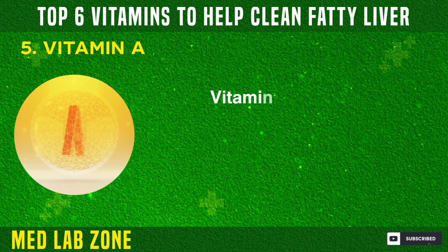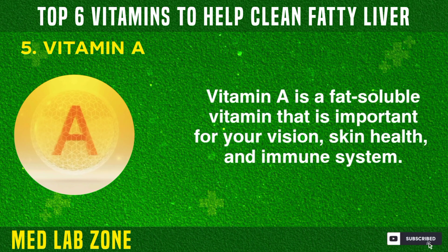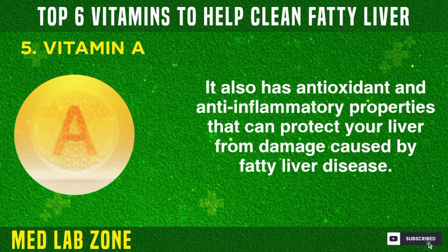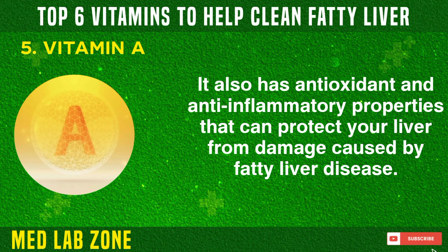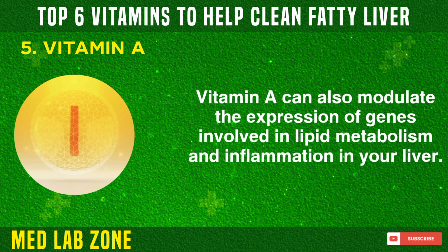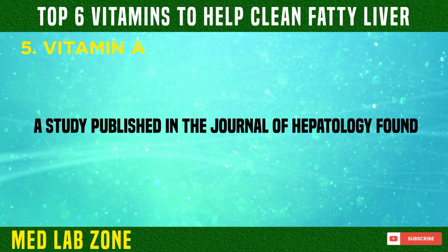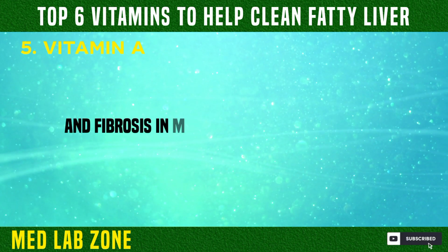5. Vitamin A. Vitamin A is a fat-soluble vitamin that is important for your vision, skin health, and immune system. It also has antioxidant and anti-inflammatory properties that can protect your liver from damage caused by fatty liver disease. Vitamin A can also modulate the expression of genes involved in lipid metabolism and inflammation in your liver. A study published in the Journal of Hepatology found that vitamin A deficiency aggravated liver injury and fibrosis in mice